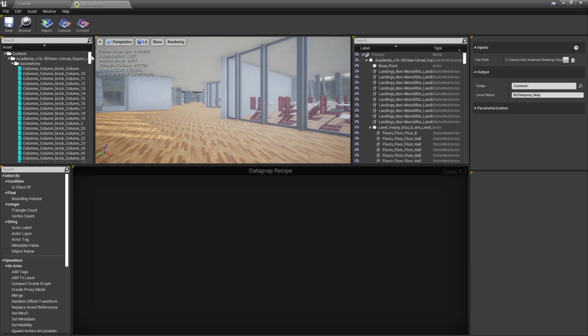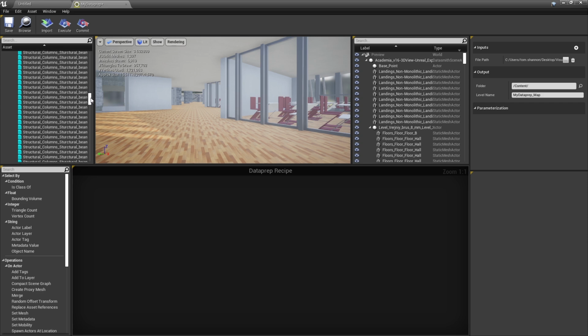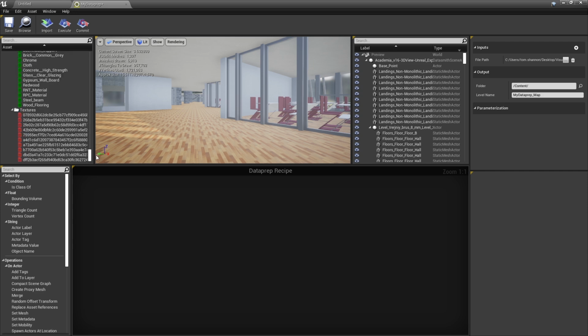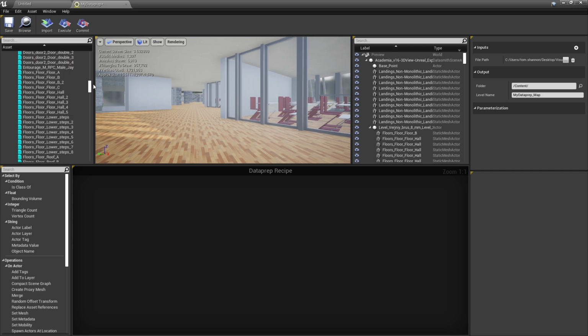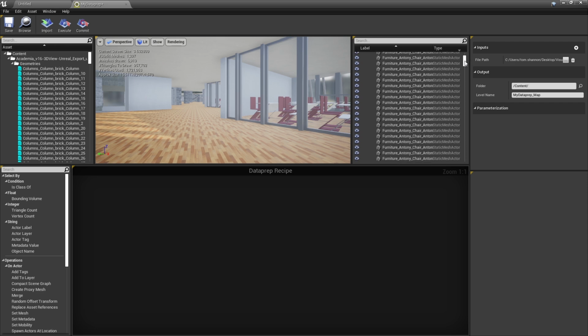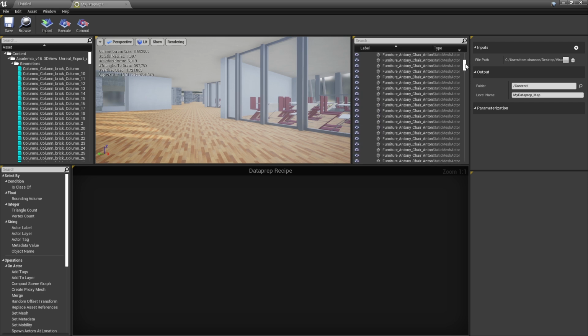On the left here, this shows us all of the assets, all of the meshes, all of the materials and textures that will be imported. On the right here, we have a preview of all of the actors that will be placed in the level and their hierarchy. So you can get an idea of how your data looks, how it will be stored on disk, and how it will be structured in your level.